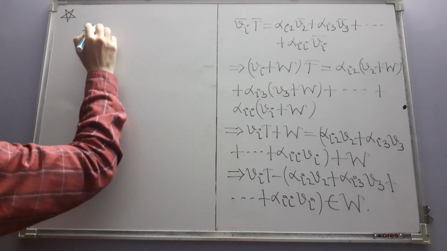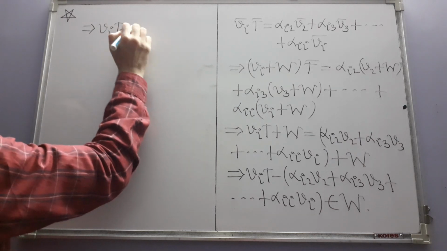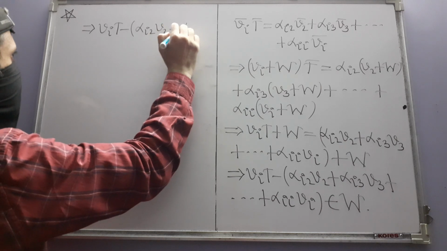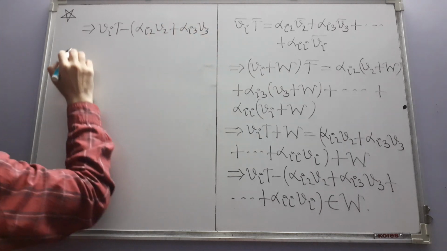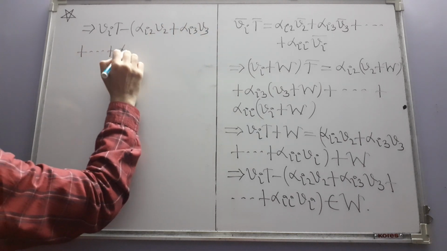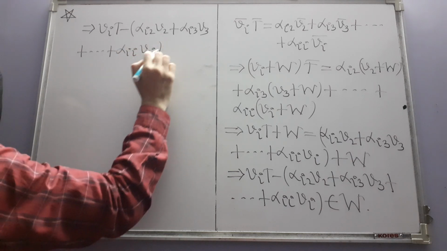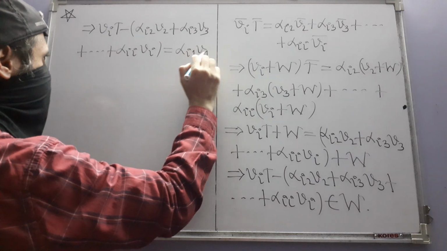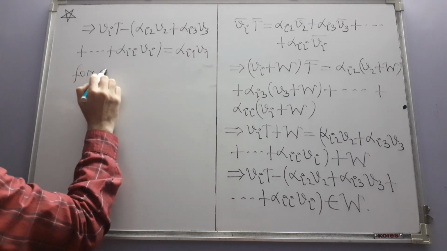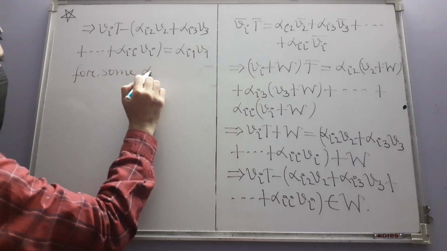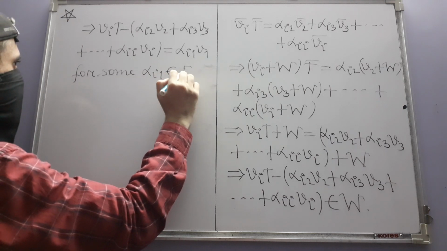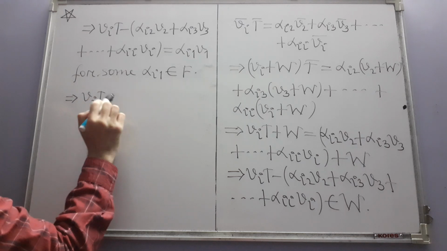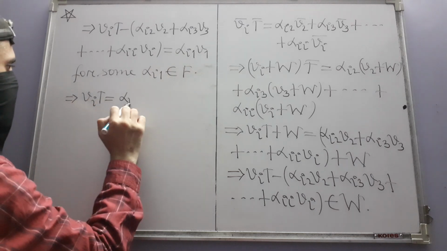So this implies Vit minus this is equal to alpha I1 V1 for some scalar in F, and this implies